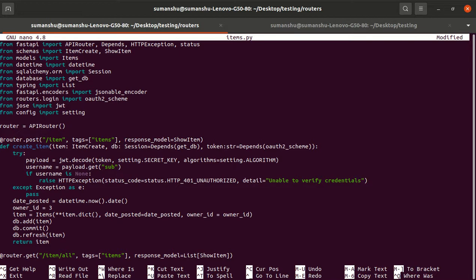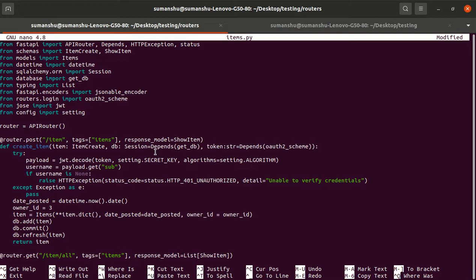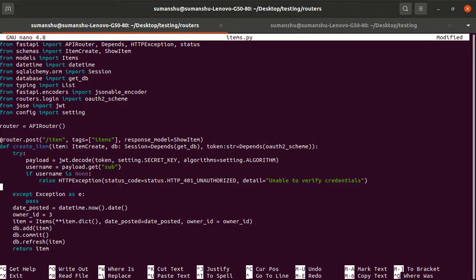If username is not None, so we get the email, but we want to get the owner ID. So how do we get that owner ID? If username is not None, then we will get the user. How do we get the user? db.query on the user table, but we have to import the user table as well. From models we have the item, so we will import the user table.